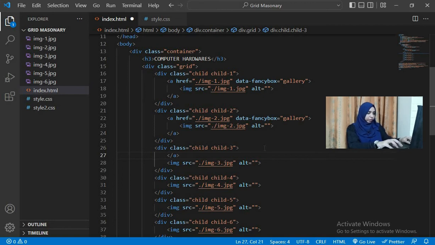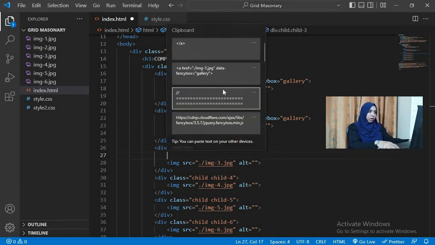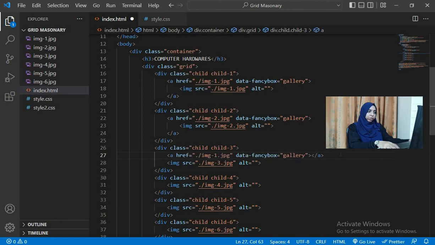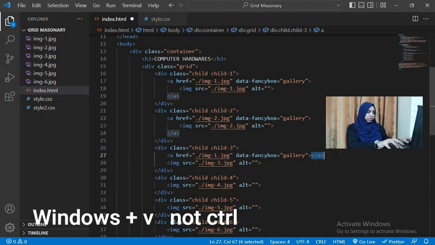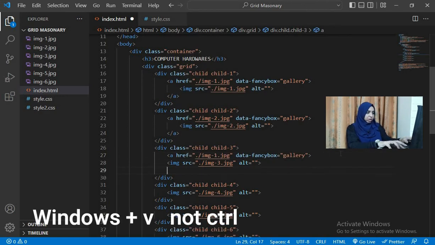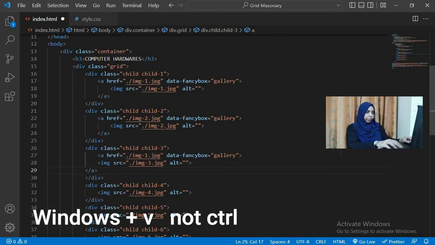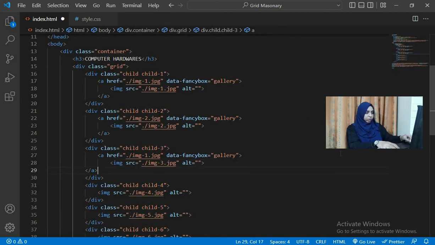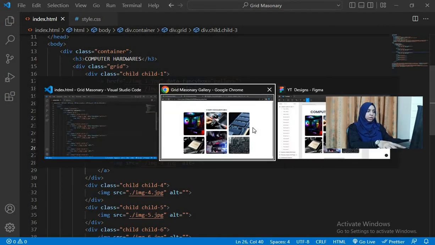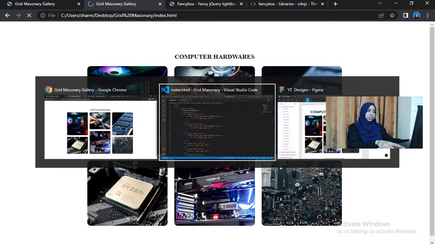So okay, on this thing we need this, and if you guys don't know the shortcut for the clipboard, it is Control V that I just pressed, because of which the clipboard opened. Here also we have to mention image number 3, and you save, and here when we refresh